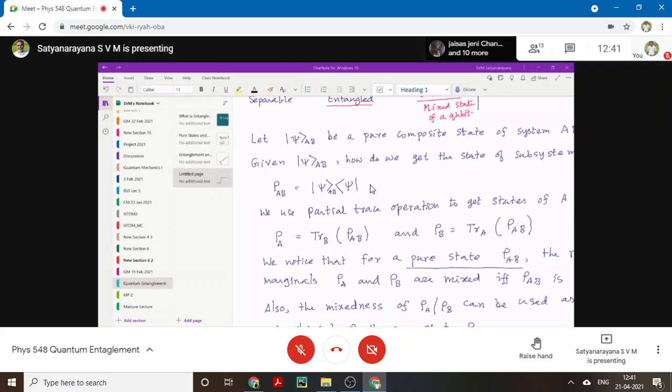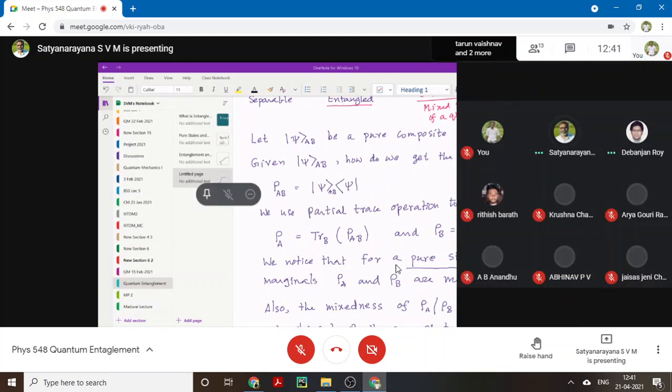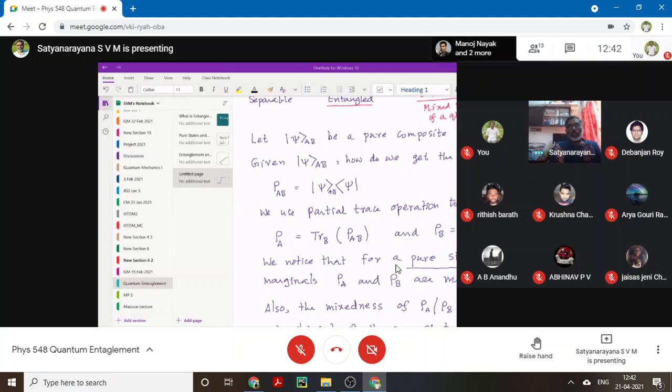Yeah, see, what I'm trying to say is that when you take a partial trace over the reservoir, you may not get exactly identity. That means you may not get the density matrix to be identity. That means your ensemble may not be the microcanonical ensemble as we postulated, but you get some state which is a mixed state. Now they are asking a question: how close is this state to the identity? Yes, sir. How close this state is to identity is what they are trying to measure by using the trace norm, the trace distance.